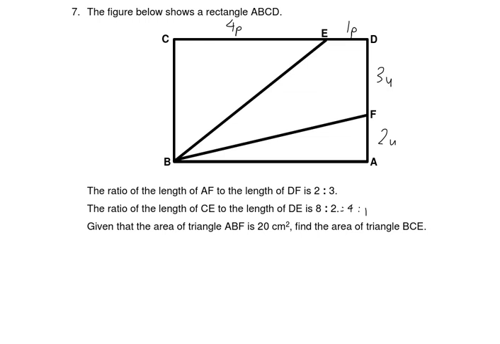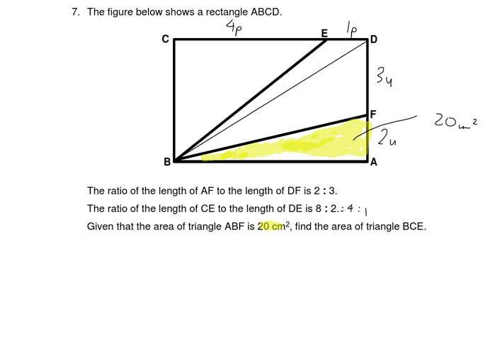Now they say that the area of ABF is 20 cm square. So ABF is here. This is the part that is 20 cm square. Now, if you understand what I went through with you just now about common base, common height, if I draw a line here,